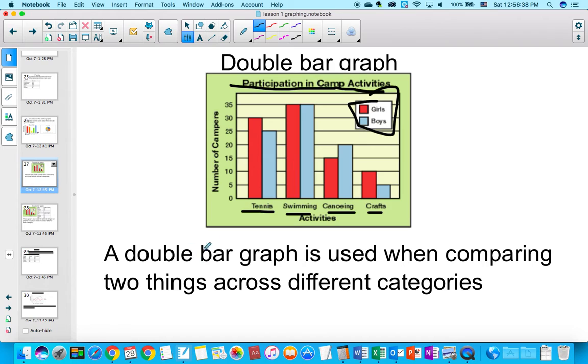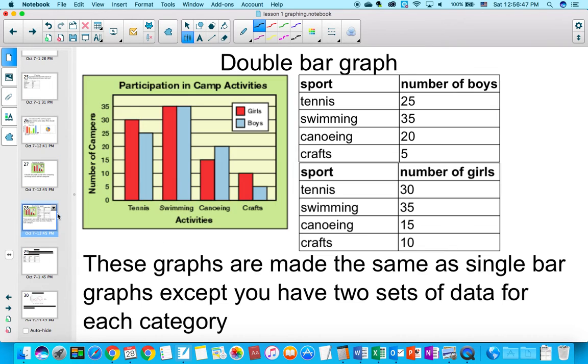So a double bar graph is used when comparing two things across different categories. We're comparing boys and girls across tennis, swimming, canoeing, and crafts. So double bar graphs, this is what a table would look like, right? You have the sport: tennis, swimming, canoeing, crafts, number of boys. And then you have two tables here, sports: tennis, swimming, canoeing, crafts, number of girls. And you basically make a bar graph just for the boys, and then a bar graph just for the girls. And you have each bar for each category touching each other so that you can compare them directly,